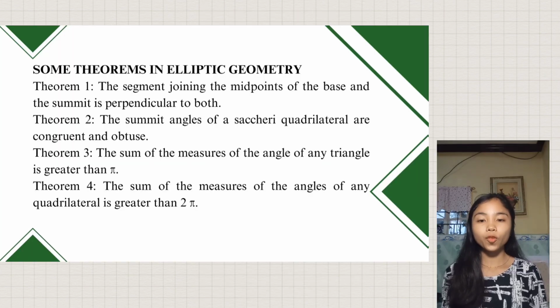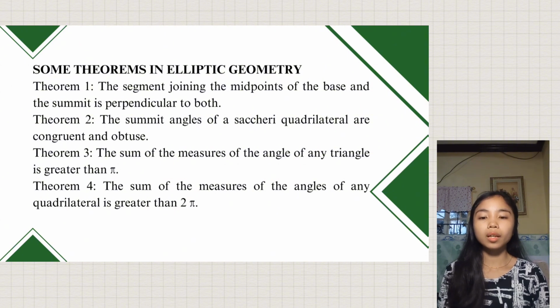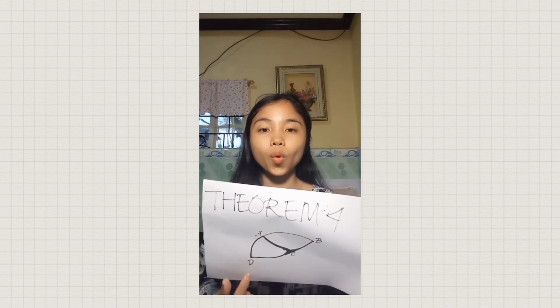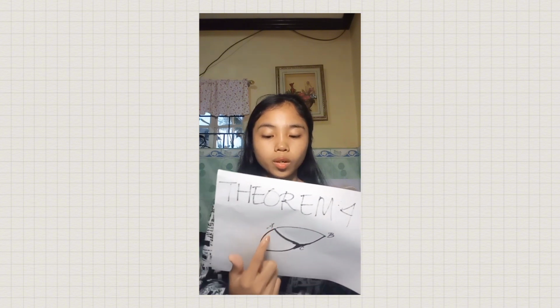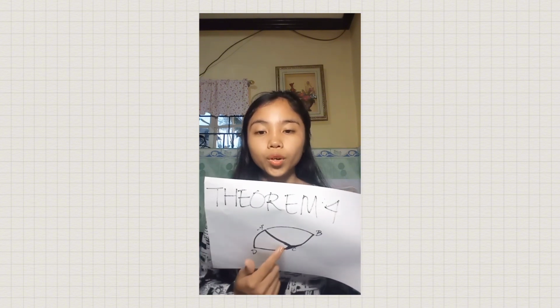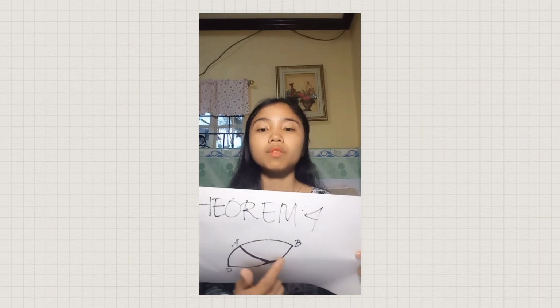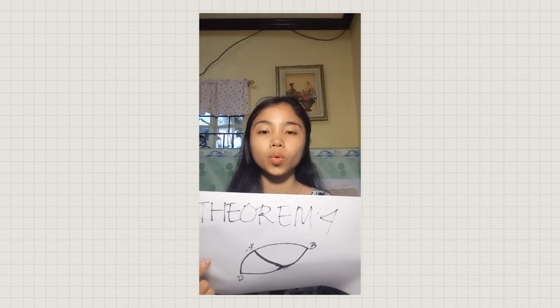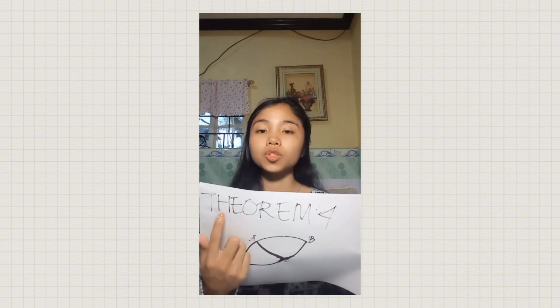In our theorem 4, the sum of the measures of the angles of any quadrilateral is greater than 2 pi. In our illustration here, we have 4 sides: 1, 2, 3, and 4. An illustration that is greater than 2 pi, or greater than 360 degrees, is what we call theorem 4. To explain further,